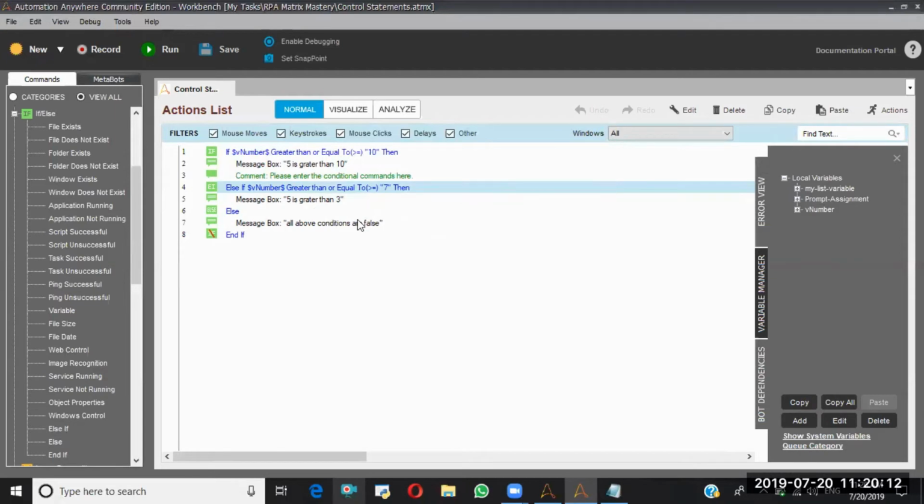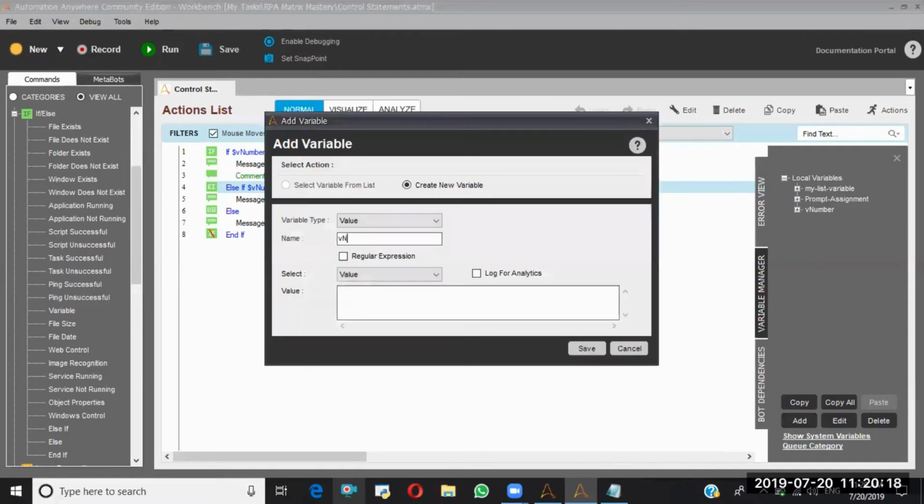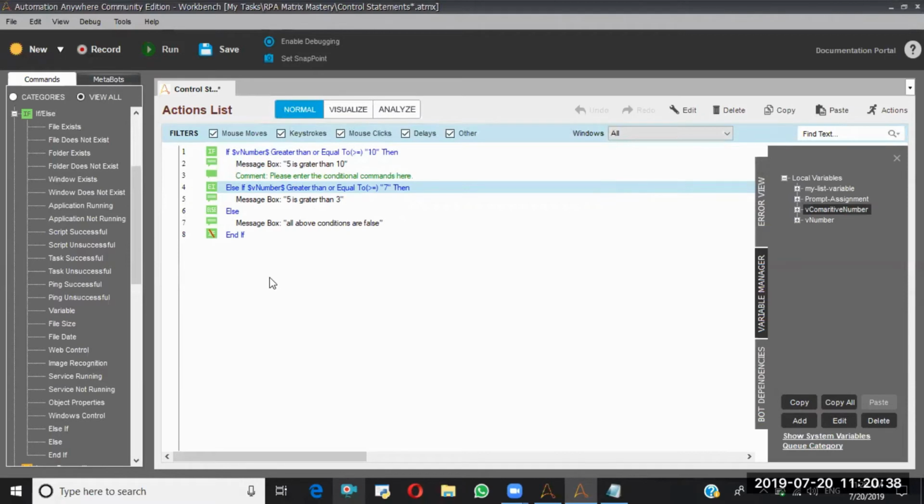But here I am hard coding, right? That's the reason I am going to add one more variable, v comparative number, and here I'll say 10. So again I can perform all these things. Let me take a fresh if condition.